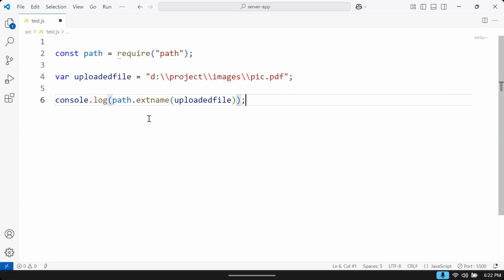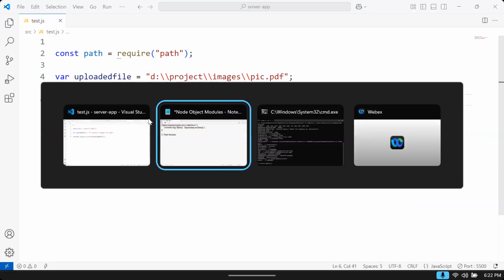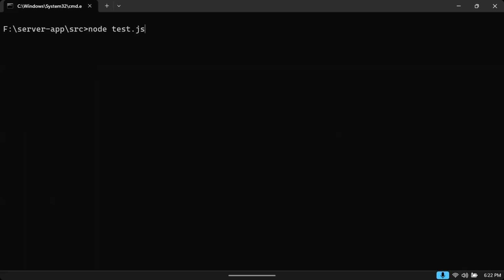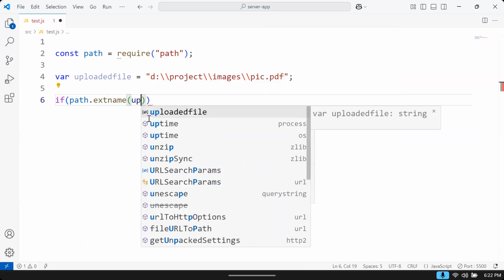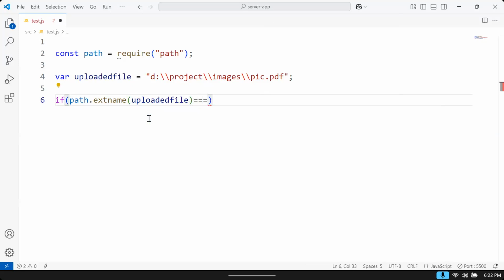It is going to return the uploaded file's extension, .pdf. Then server side, we write a logic. What is the logic? If path.extname of the uploaded file is equal to .jpg,